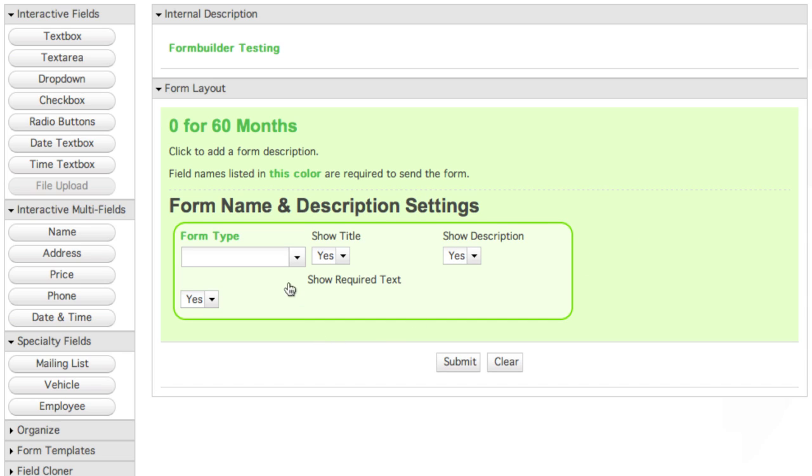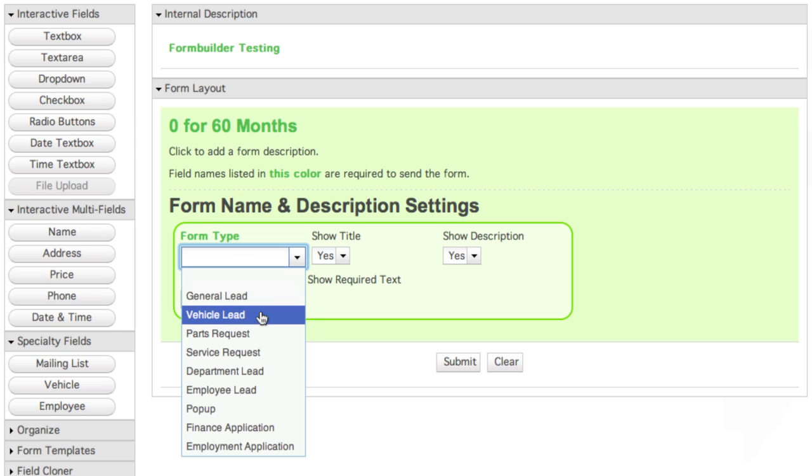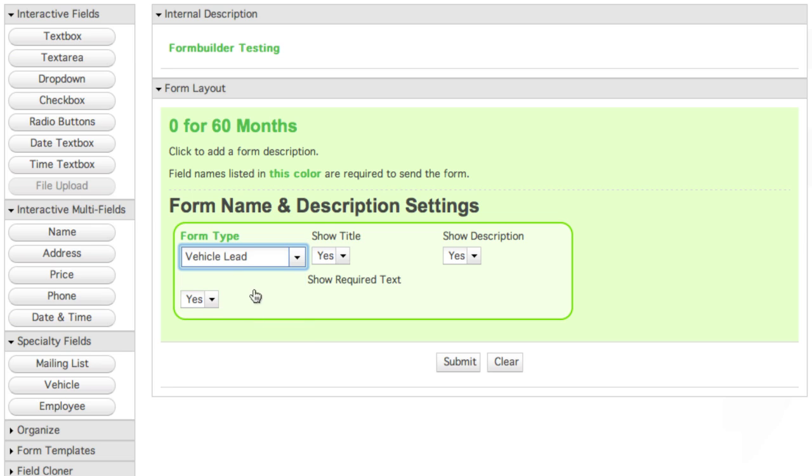Okay, form type. This can be customized, but we have general lead, email, parts, service, department leads. If you wanted to customize any one of the forms on a Dealer HD site, you'd simply go ahead and click this. So if it was a vehicle request lead, what's going to happen is that you're going to override the default vehicle lead. But in this case, I'm creating a brand new one. There's not a single one that exists. So this is a customized form. So I'm going to call it 0 for 60